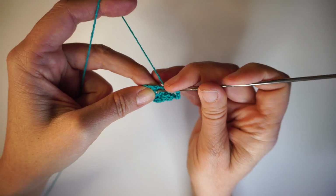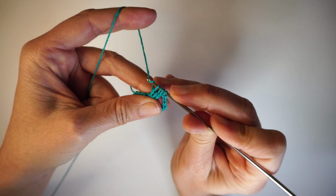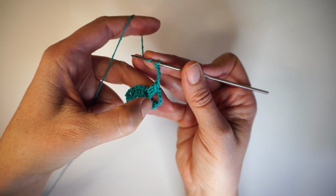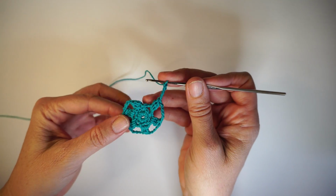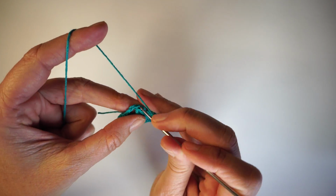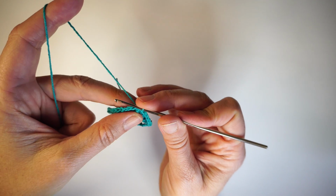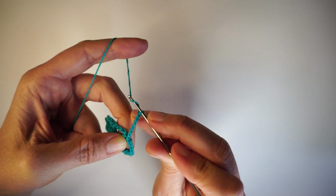So 1, 2, 3, and 5 chains in between them. So repeat that all the way here and make a slip stitch on the top of this first one to finish this row. I made my repetitions there, and then my last 5 chains. I'm going to slip stitch here on top of this first double crochets together there, and then from here I'm going to make 7 chains